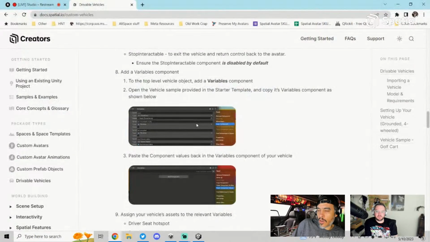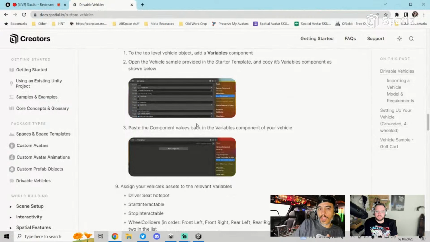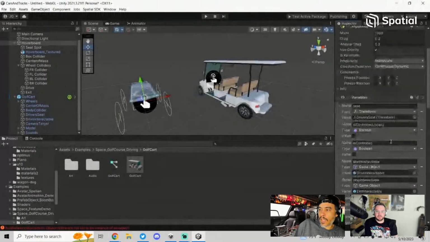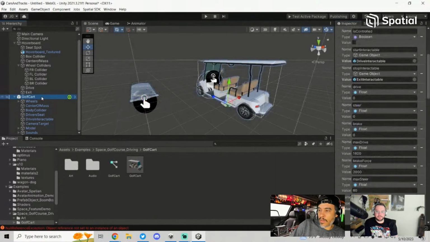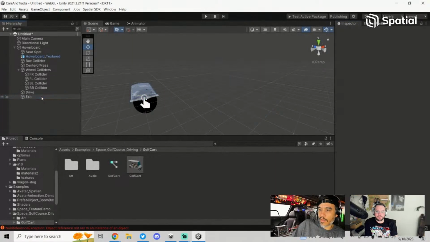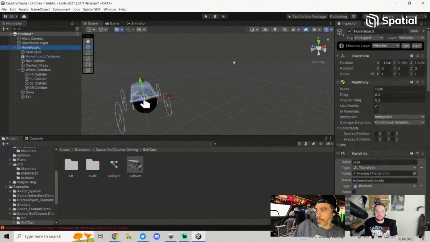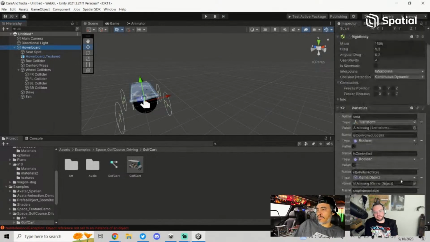At this point, now you're going to be trying to sync up all of the pieces of your own unique vehicle and pasting that over the example pieces. So here we're going to match up a few things. On our hoverboard, actually, I'm going to get rid of the cart for now, since I don't need it. I'll put it back if I need it again. I probably will, but for now,